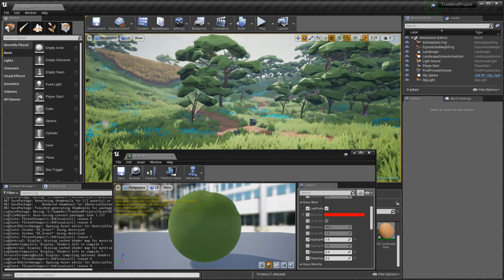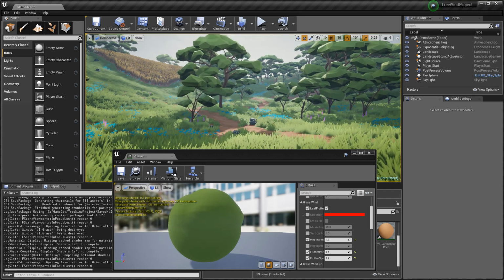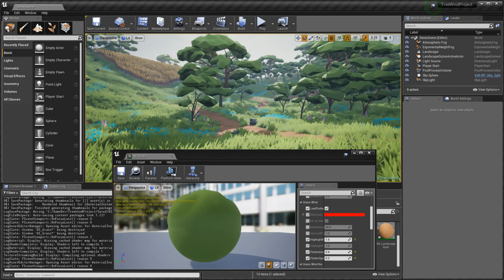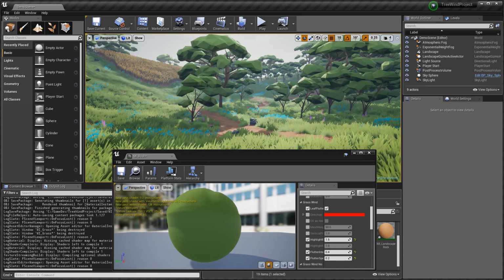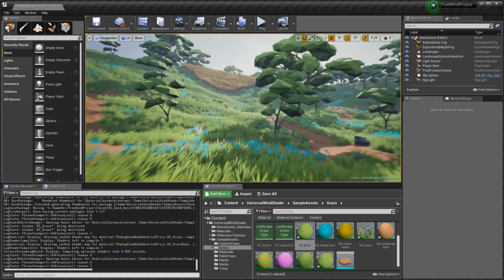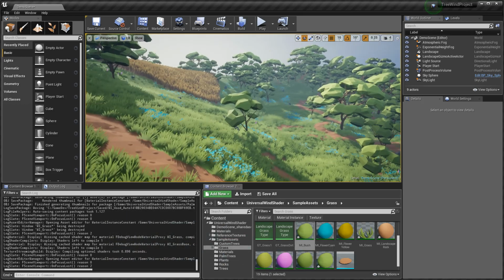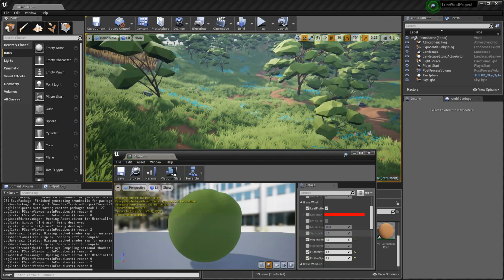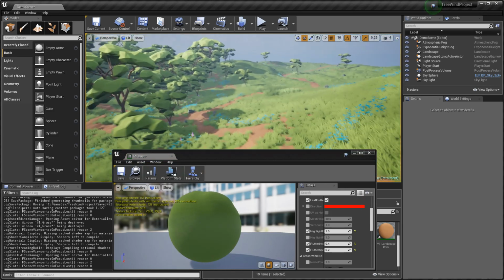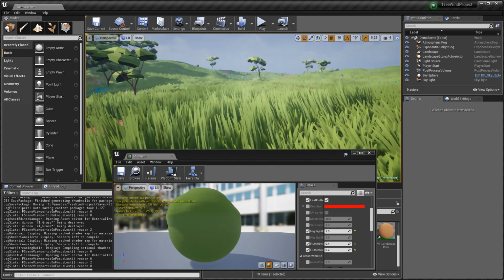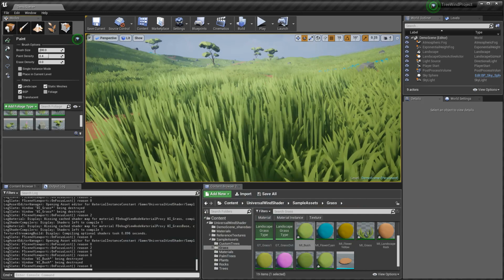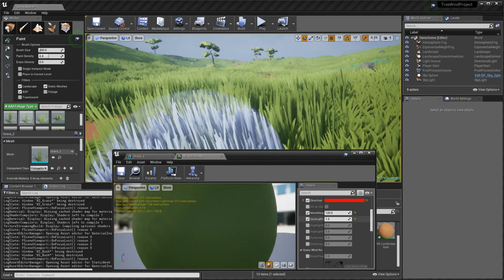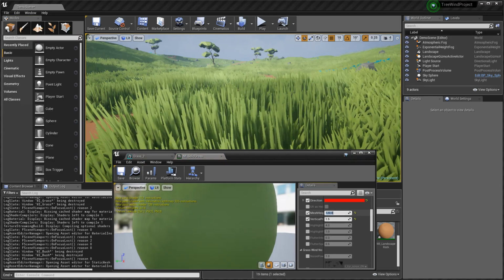I have no way of knowing how tall any given mesh is in the shader, so this is the way we tell the shader that. But that means that it does need to be somewhat accurate. So if your wind looks weird or it's not being applied to the top of your assets properly, then there's a good chance you just need to have a look at the mesh height you've specified here, because we can go, for instance, to this tall grass here, and then you'll see very clearly when I did lower the mesh height,